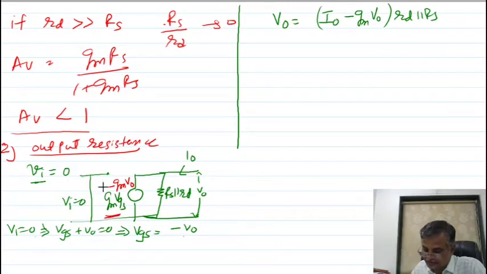This is nothing but you can write in this way. So what is the current flowing in this section? Current flowing in this section is nothing but the total current minus this current. Means total current minus this current is what? This current. So that I have written.